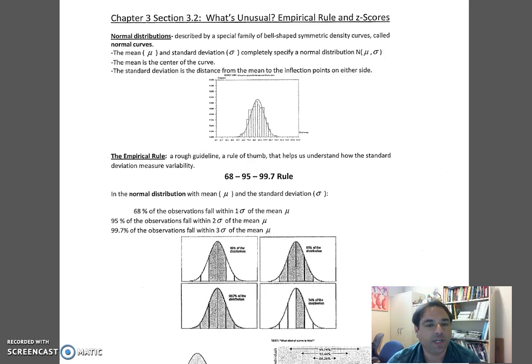Hello, we're going to talk about STA 2023 Chapter 3, Section 3.2, entitled What's Unusual, Empirical Rule in Z-Scores. So first of all, we're going to talk about normal distributions. When I say normal, I mean symmetric. Normal, symmetric. And when we look at normal curves, the symbol for normal would be a large N,